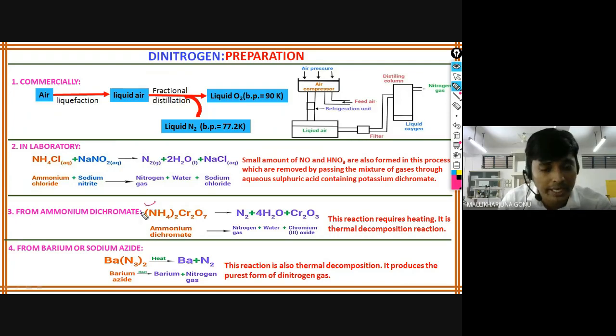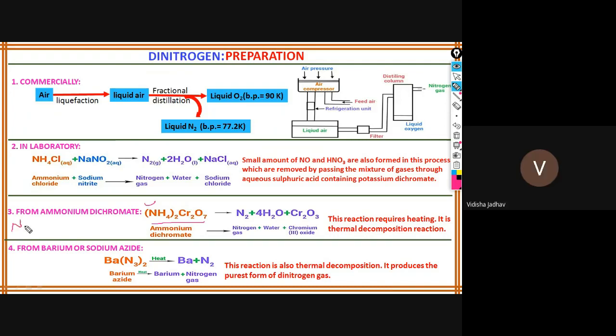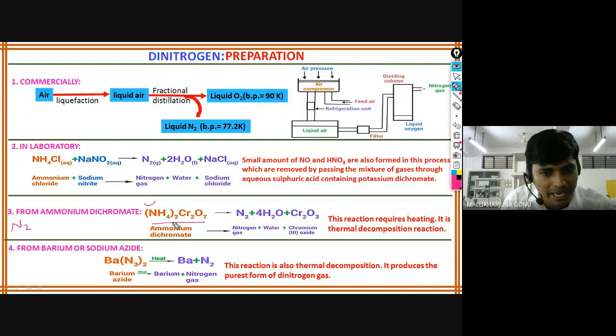You tell me, how many nitrogens are there in this compound? Vidisha, how many nitrogens are there total? 2, sir. 2 nitrogens, yes, because of this bracket 2. And hydrogens, Aishwarya, how many hydrogens are there? 8 hydrogens. And Cr2O7. You cannot write it like this. To understand how you can write the product, that's how I wanted to explain. You don't write all these things, but as rough work you can write it.